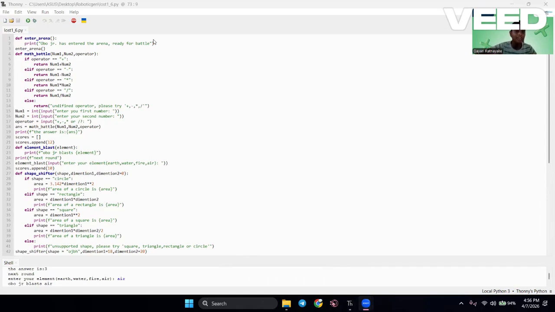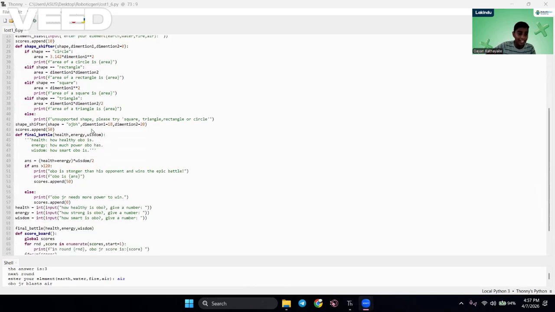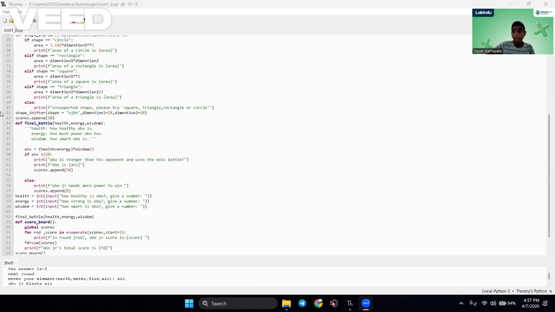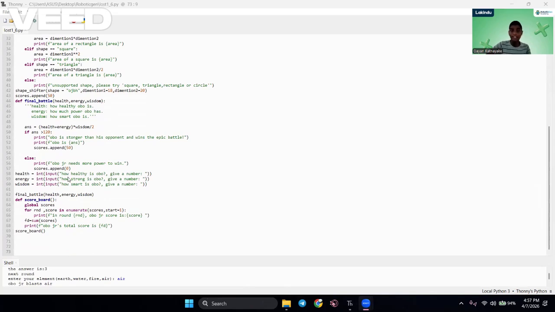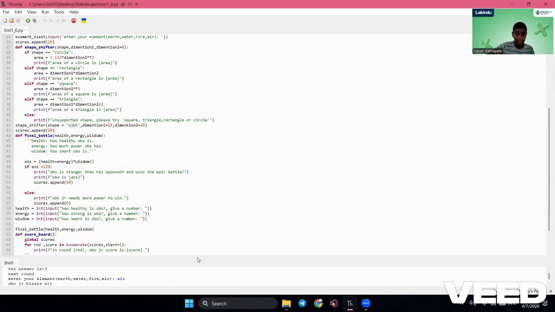Okay, so today I'm going to show you exactly how to make a small code that takes the numerical operators and then finds the areas of shapes like circles and squares, and of course compares values with other values to see which one is greater and to see who wins. And in the very end, we're going to see the performance that our hero has managed to do. So this is basically like a fight between our hero and some other people. So let's see exactly what happens in this code.